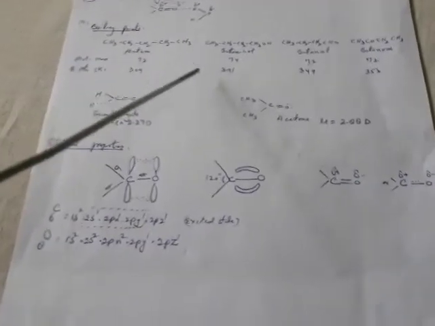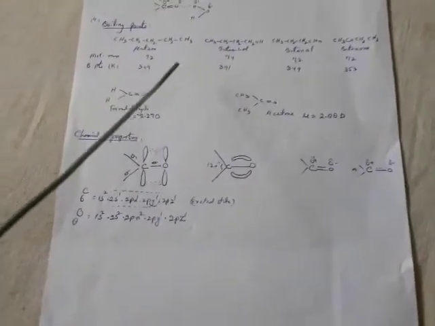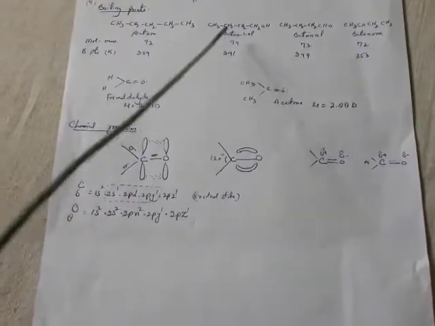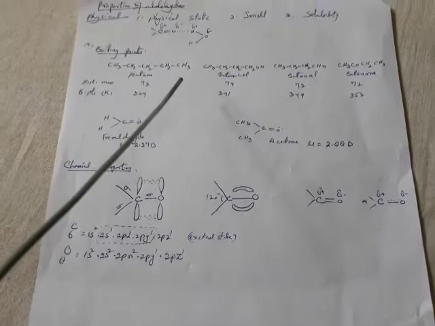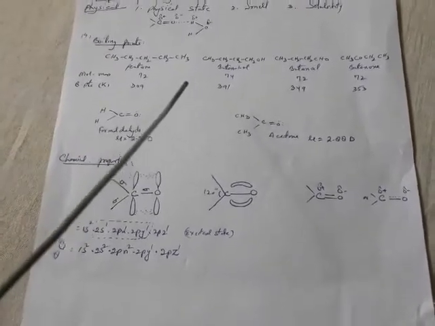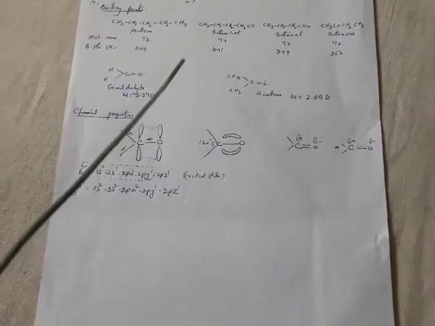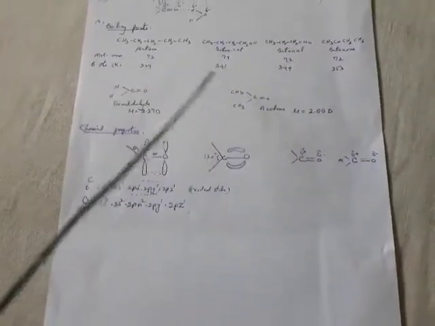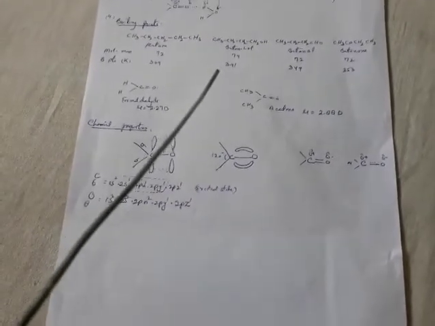Now, amongst themselves, in case of these carbonyl compounds, we have ketones and aldehydes. Ketones have higher boiling points than those of isomeric aldehydes. This is due to the presence of two electron-releasing alkyl groups attached to the carbon of the carbonyl group in case of ketones, which make these ketones